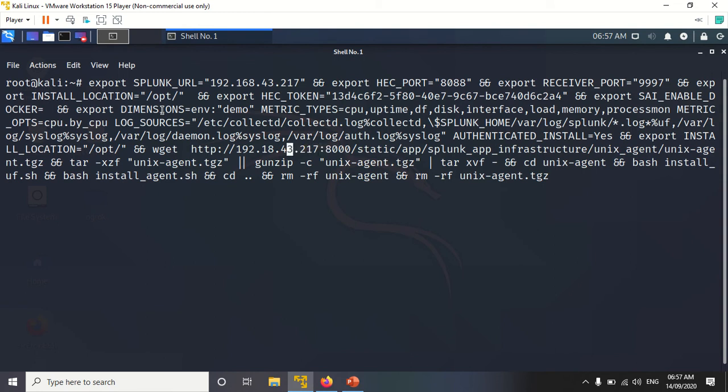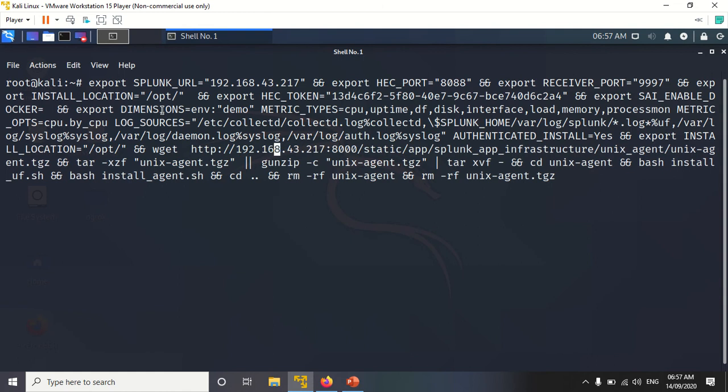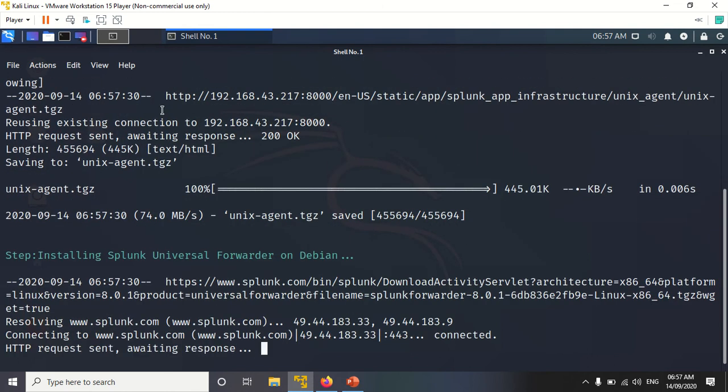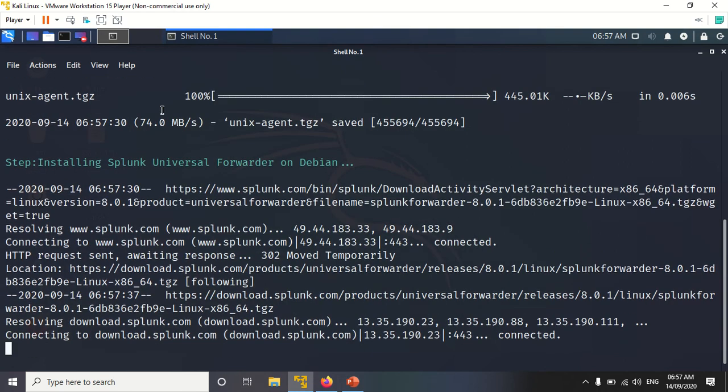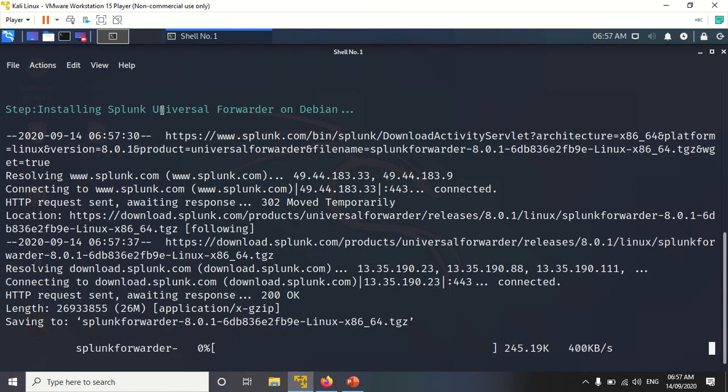Okay, and now you can observe that within a minute, or within seconds only, it starts working. Now the universal forwarder is installed in Kali Linux.